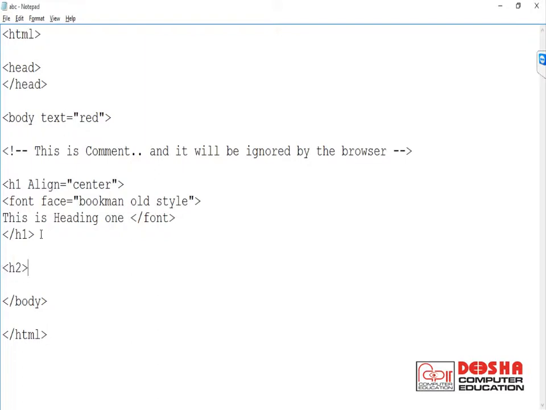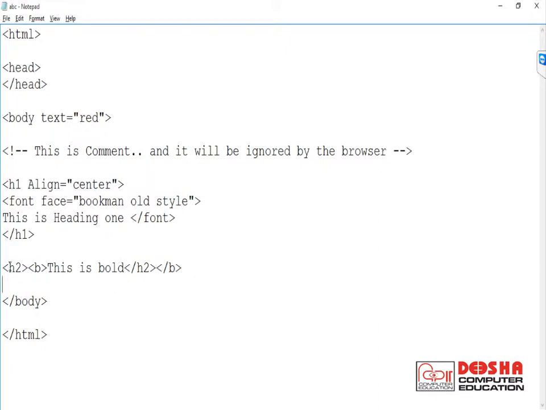For example, if I start h2 here and then bold, I write something like this. This is bold. First we have to finish the b tag and then the h2 tag. So if the element contains the start tag, it should also contain the end tag. This is correct. If you do it the other way, it will be incorrect.